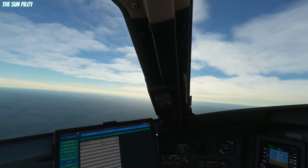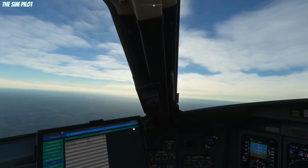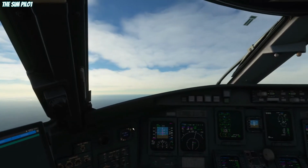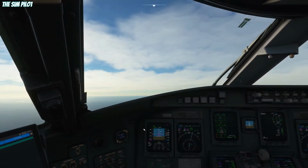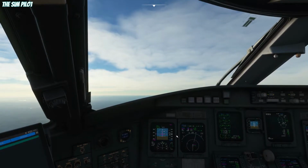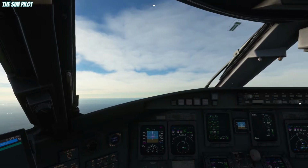Nice takeoff, a little bit bumpy due to the crosswind. If I had to use the active runway, it wouldn't be the 1.4, but I wanted to keep the same flight plan and not make any changes. Approaching 10,000, so a little bit more. We'll synchronize the heading bug,